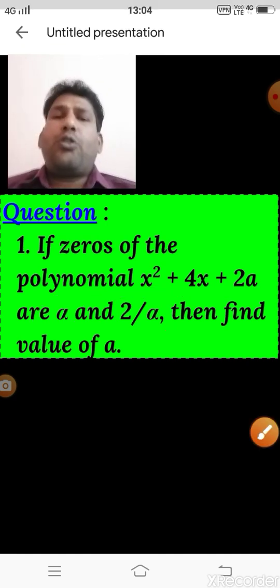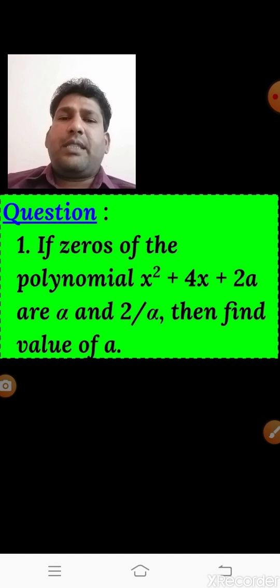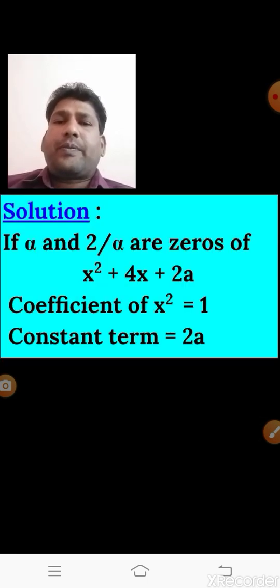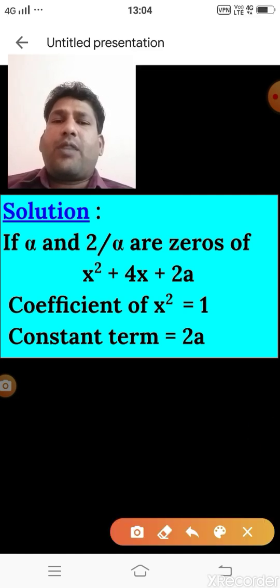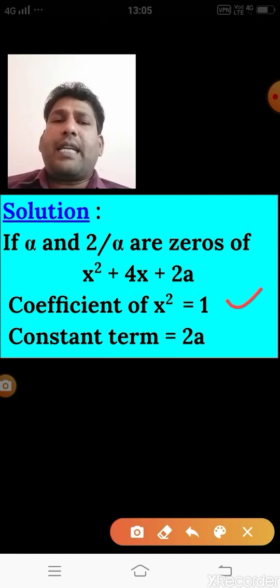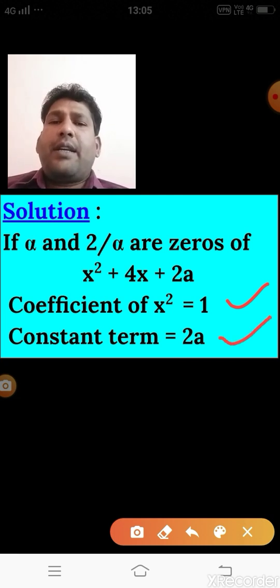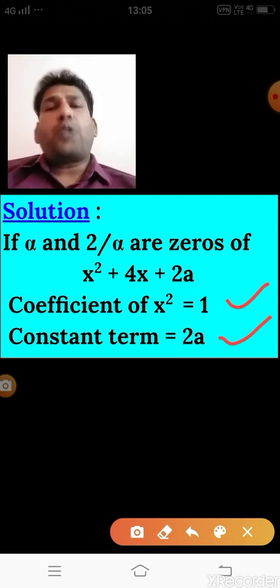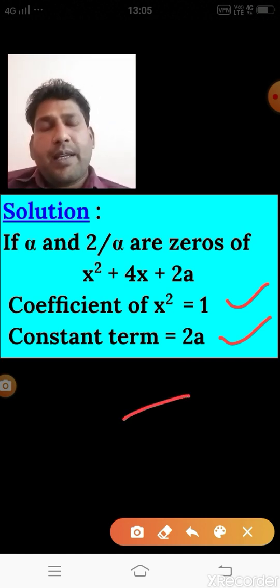This is a 1 mark question. Then how will you get the solution? Because we know the values of a, b, c, and the zeros we have. The coefficient of x square is 1, and the constant term is 2. What we have to find: we know the relation for alpha plus beta, the sum of zeros, and the product of zeros also. These two relations we have, the relation between the coefficients of the quadratic polynomial and the zeros.